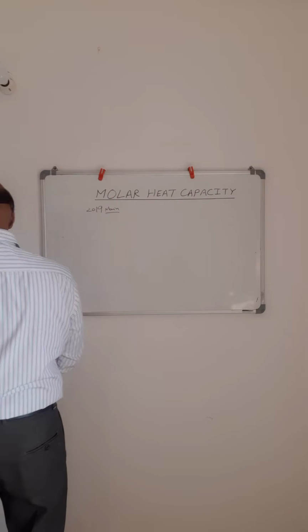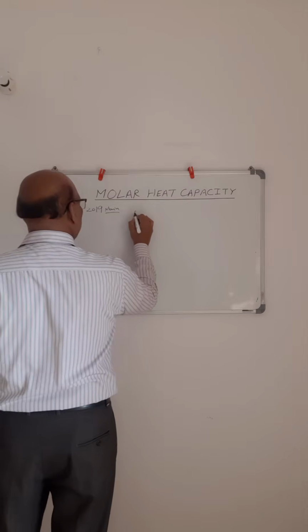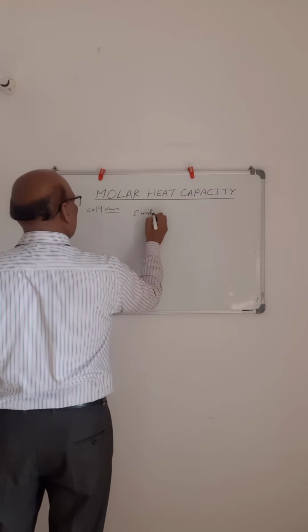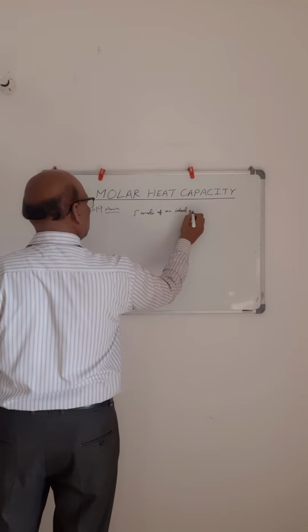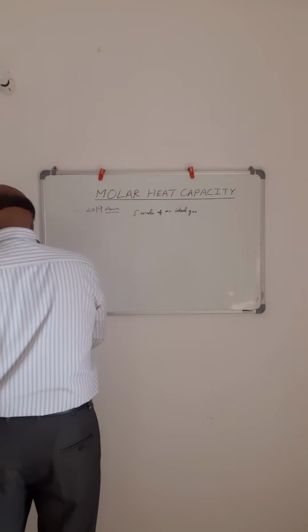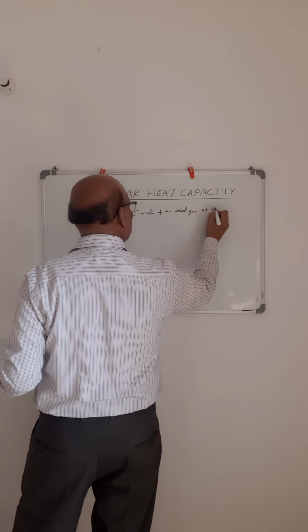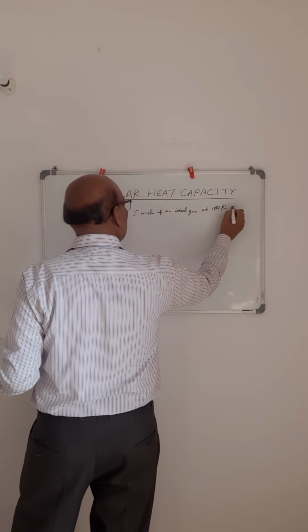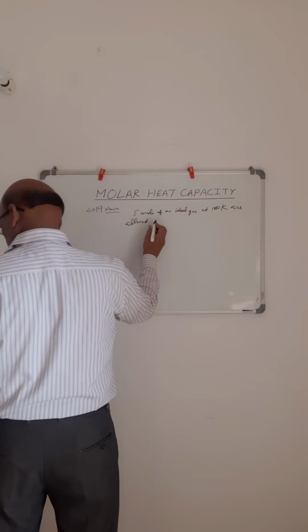And this question is: 5 moles of an ideal gas at 100 Kelvin are allowed to undergo